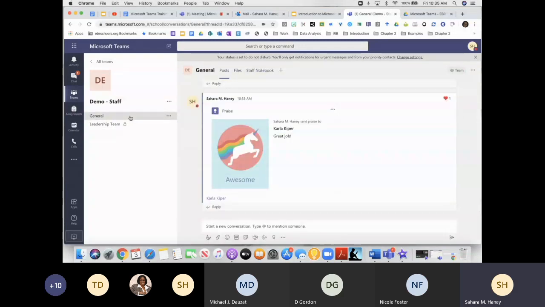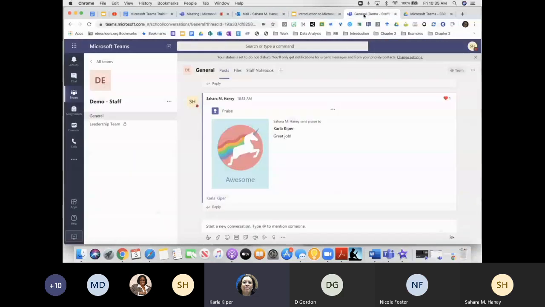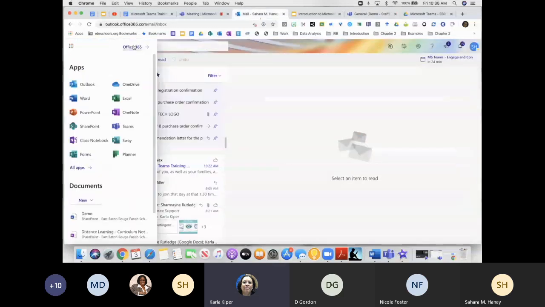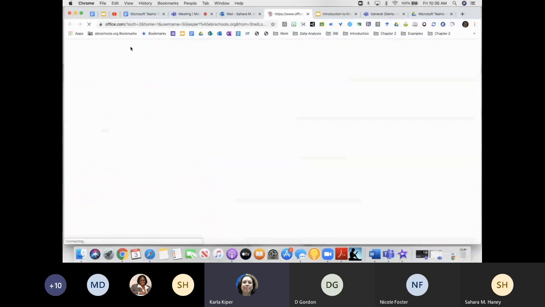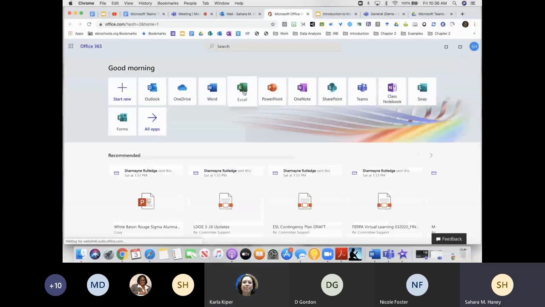Let me go to the chat to make sure no one's asking questions. If I could blurt it out, we have a question about polls in Teams, and I'm thinking that one way that you could access all of the details about your polls when you post a poll in Microsoft Teams would be to go to Microsoft Office and then open Forms, and then you could see detailed information about your poll. So that Forms app is on your little home dashboard for Office 365 as well. So when you click on it,